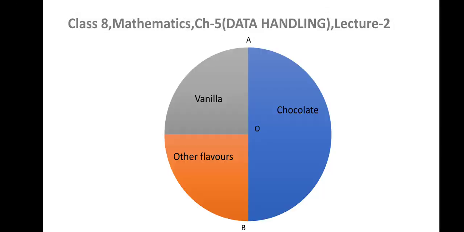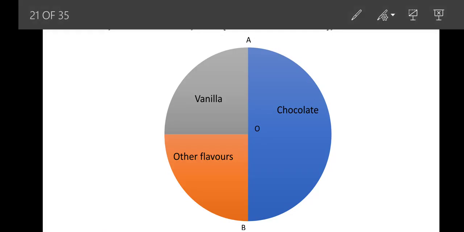Now I need to make it on a circle. So first of all, you are supposed to make a circle of any radius. Mark its center as O. I have taken its center as O, and the radius I have taken is OA. The angle of the sector for chocolate is 180 degrees. So using a protractor, you are supposed to draw this angle of 180 degrees, and we know it can be easily made. Basically, the angles are made in the clockwise direction. It can be made in the anti-clockwise direction, but ideally when you observe questions, you will find that angles are always made in the clockwise direction.